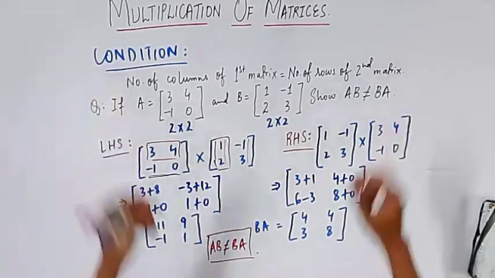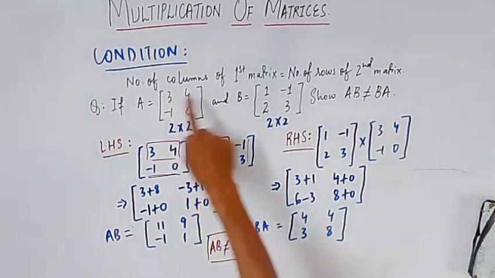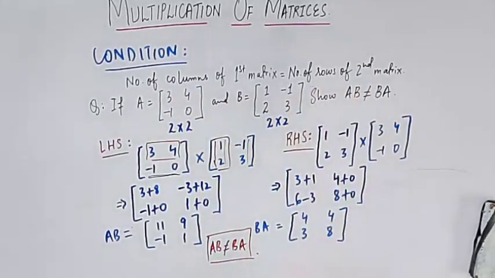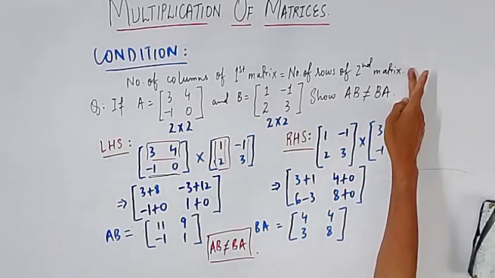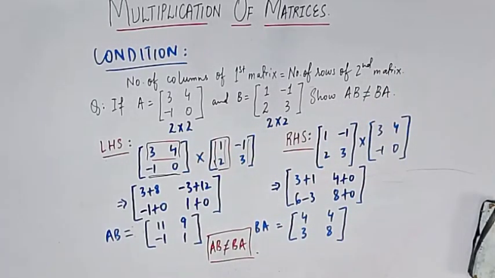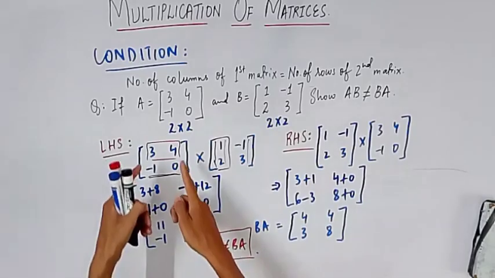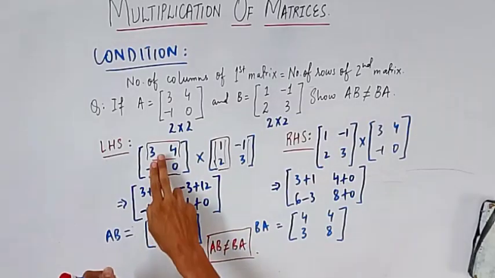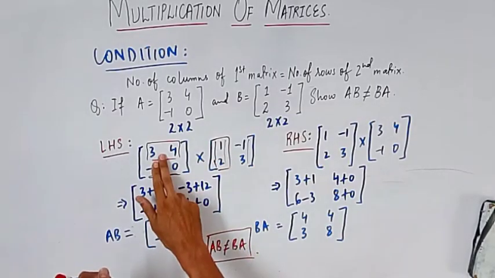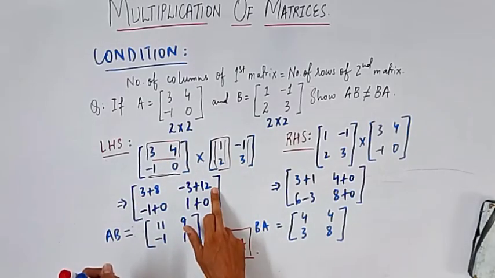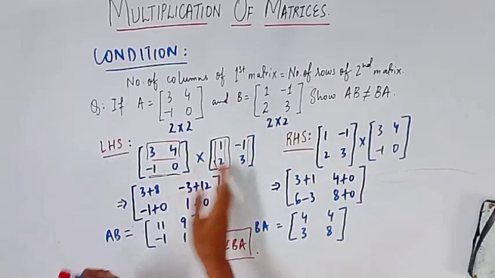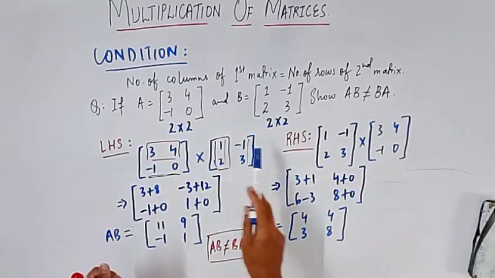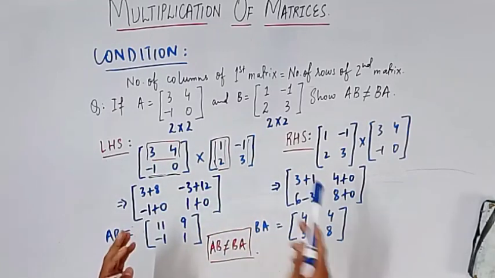This condition is very important, that's why I did not rub it, and I have been continuously showing it in the video, that the number of columns of the first matrix must be equal to the number of rows of the second matrix. If this condition is satisfied, then you will be able to start your multiplication of matrices. And the rule is very simple, that you need to multiply row by column, row by column. It will give you a single element when you multiply one row with one column, and when you multiply the same row with another column, it will give you the second element, and then you will move to the next row. For example, if there is one more column, then you will multiply again the same row with the third column as well. So this is how it works.